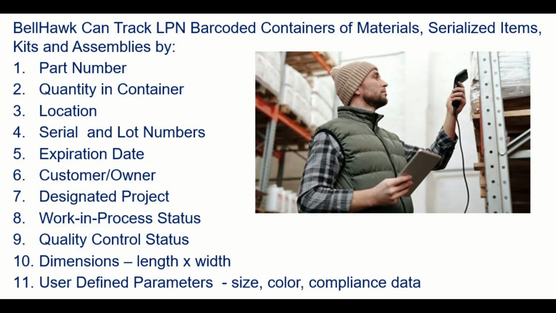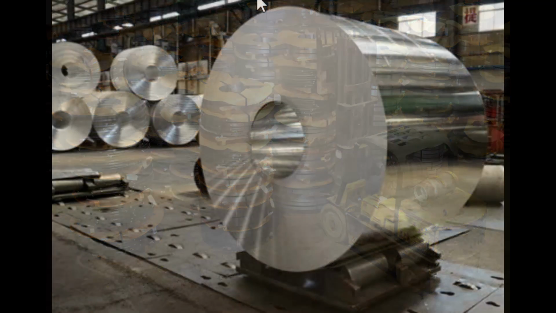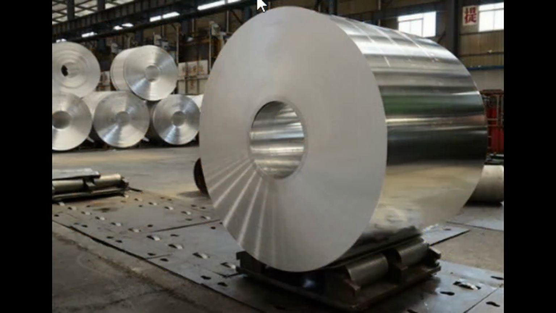This enables us to keep a large amount of information about the contents of each container or individual barcoded item. The ability to track the dimensions of containers of material enables BellHawk to track individual rolls, reels and other such materials with a common part number but with different dimensions. In BellHawk we simply put a tracking barcode on each roll or reel and record how much material is on what we now treat as a container. This enables BellHawk to track when material is withdrawn from a reel or roll, and how much is left on